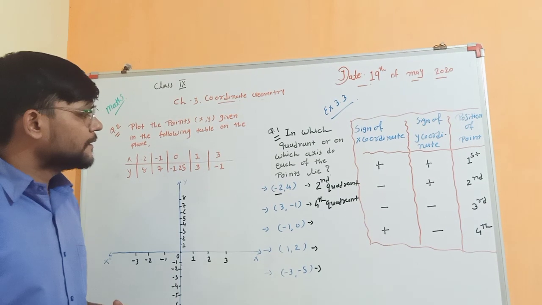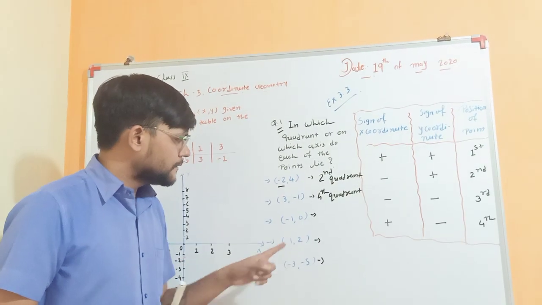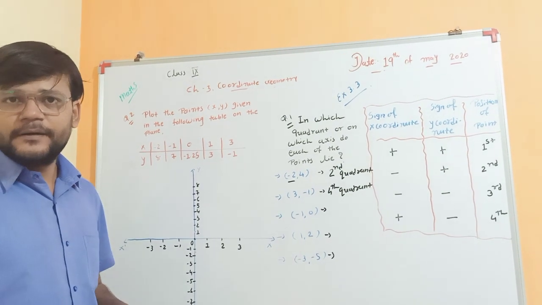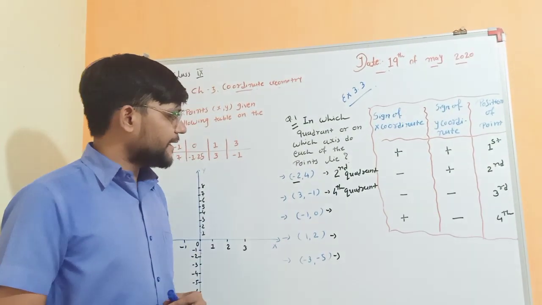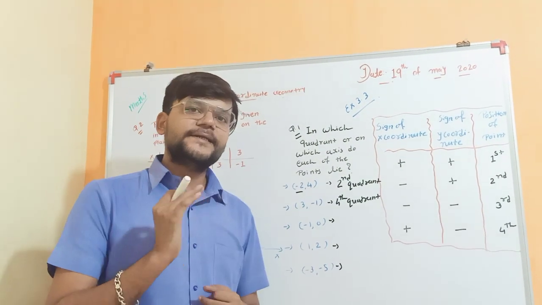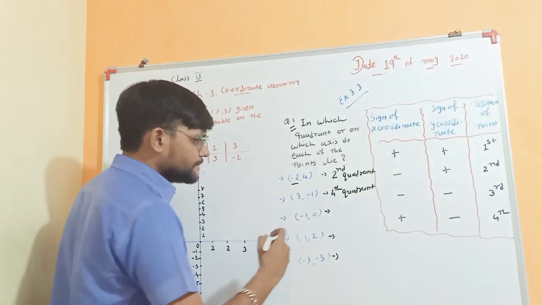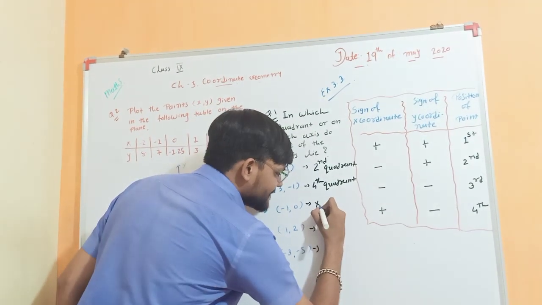Clear? Now, here the y coordinate is 0, right? And we are already aware that if your y coordinate is 0, then the point must be present on the x axis. The position of this point is the x axis,